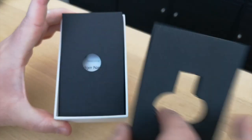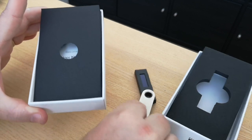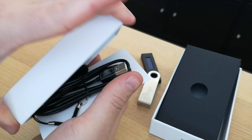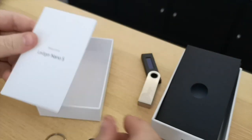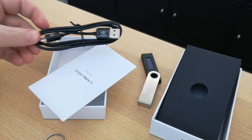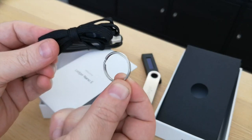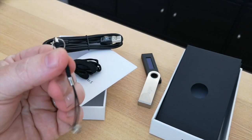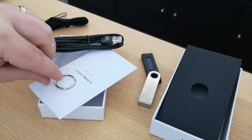Inside the box a bit further, once you start to remove all the packaging, you'll find a few little extra bits in there. One of the first things is this sort of little welcome pack that's got all the goodies in it. This contains some pretty important information, which we'll get to in a minute. You've got a USB cable, which is normal USB and micro USB, a little sort of lanyard thing and a key ring so that you can take it, I guess, wherever you want to take it, and another little lanyardy kind of thing. They're a bit useless, so we're just going to put those aside and get into the more